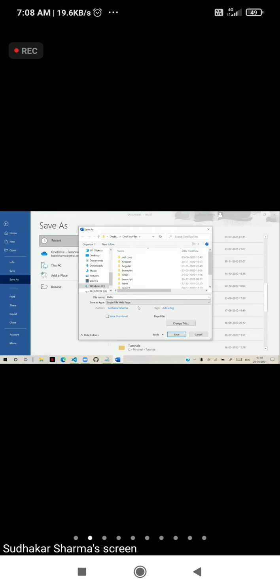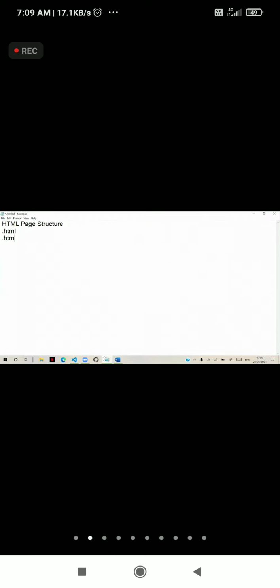Here you cannot give any extension because the type itself will take the extension. Sometimes software like MS Word, when they are giving an extension, they follow the operating system naming conventions. Usually files will have a primary name, dot, secondary name.